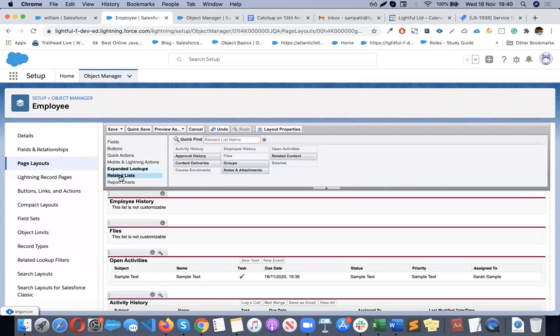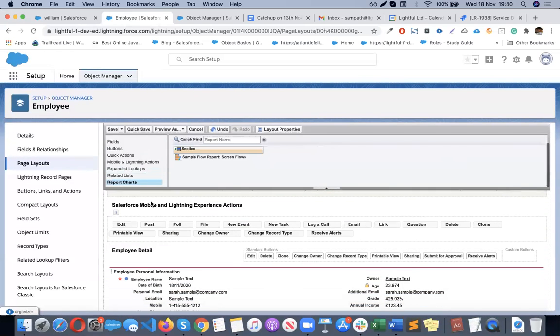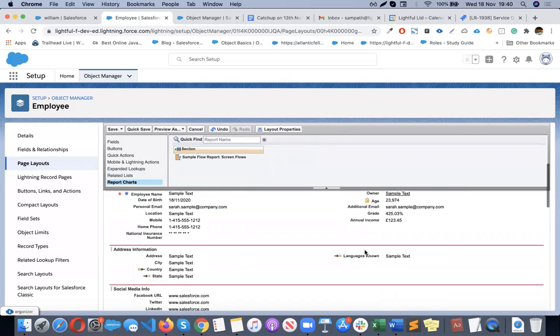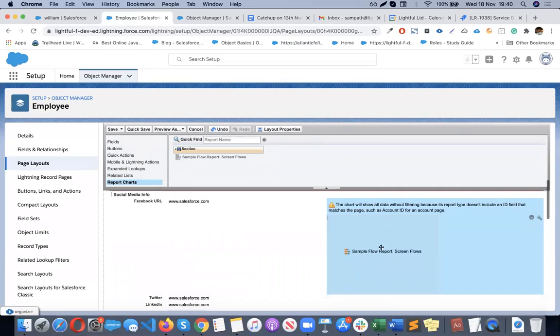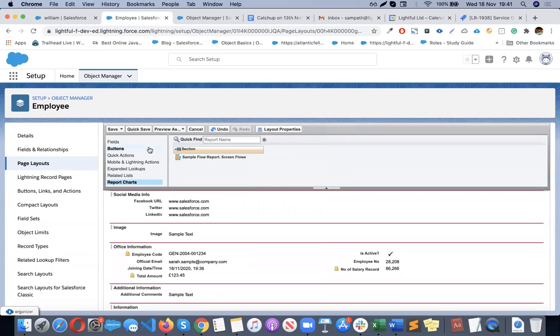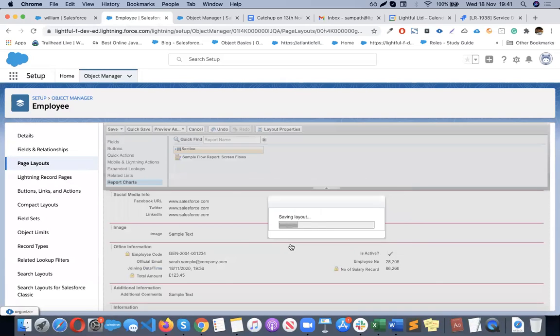Okay. And there is one more nice thing, which is report charts. If you created a report based on the employee object, that can be used inside the component. Simply you can use it here and choose the report. At the moment we don't have any report, so let it be. Now if I save it,